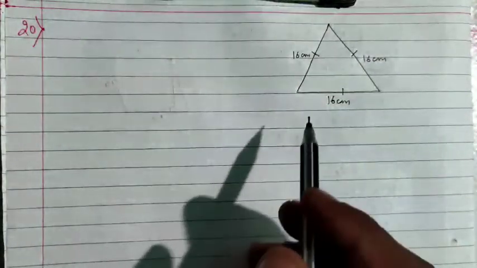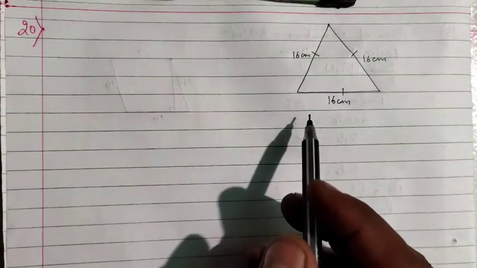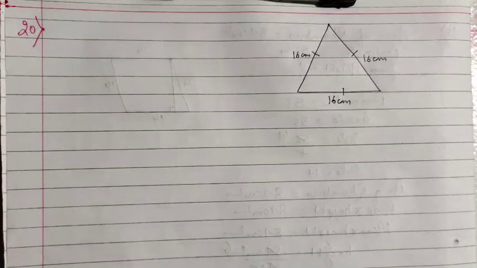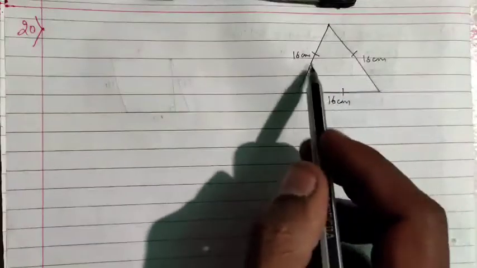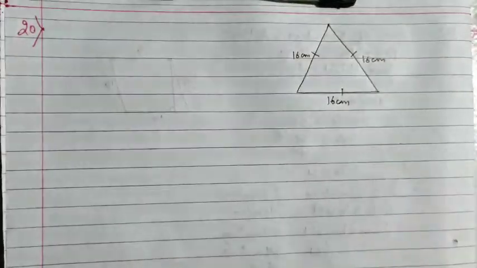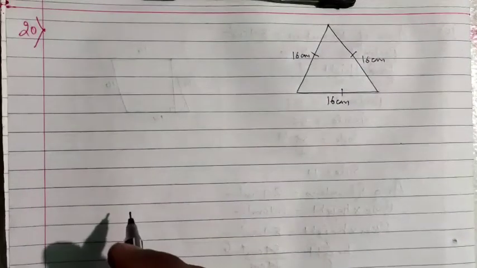Here we can find the area by using Heron's formula also. As we have discussed earlier, we can calculate the area by Heron's formula also. I think that I have not discussed it, and we will discuss it later on if a question like that comes. Now here for the equilateral triangle, the side is given as 16 centimeter. Each side is 16 centimeter and the question is asking to find the area.